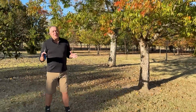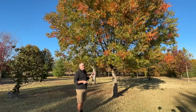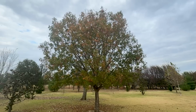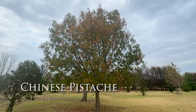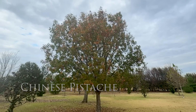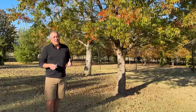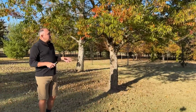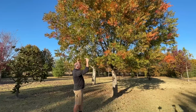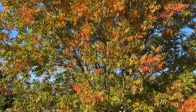So next I want to show you one of the most popular trees that we sell out at the garden center. This is the Chinese pistache. Not growing to be a huge tree, still can get pretty big in time. It certainly is a great choice for smaller yards and landscapes, and it is one of the trees that actually does quite well in dry weather. So the Chinese pistache is a very rounded shaped tree, actually staying pretty compact and pretty full,